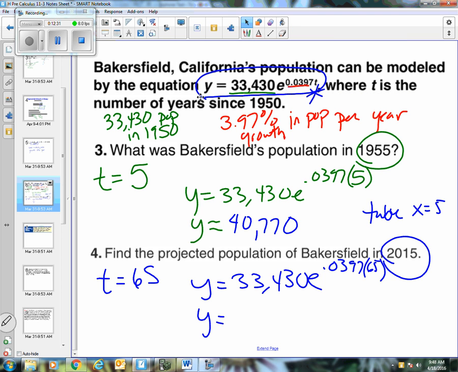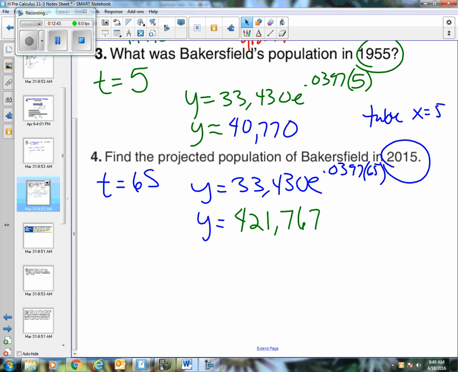So it's pretty big. I think it's 421,000. I don't remember what the number was off the top of my head. I think it was something like 767, somewhere in that ballpark. So over 420,000 certainly. Now, if you Google, and go ahead and do this right now, if you Google Bakersfield